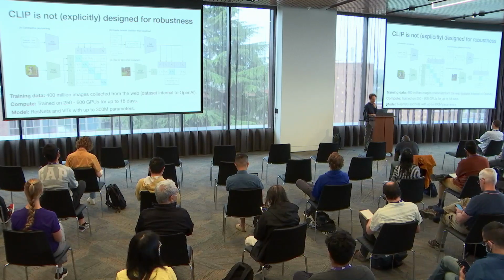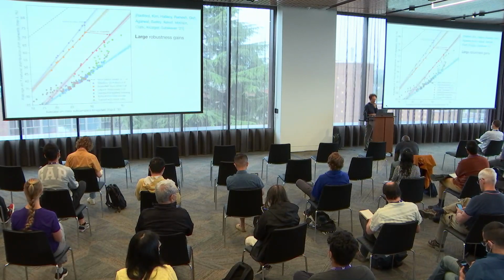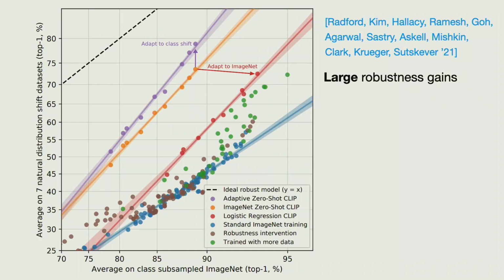No. Okay, good. So let's look at how the CLIP models behave when we put them into our scatter plots. This is again out of the CLIP paper. On the x-axis is Imagenet, and on the y-axis, averaged over 7 natural distribution shifts. The overall picture doesn't really change. The blue line is the baseline Imagenet trained models. The green points were the prior more data models. And then the orange line is CLIP and zero shot. If you look at this, it's obviously much better, right? We would like to be at y equals x, and it closes roughly half of the gap to y equals x. And there are many interesting questions coming out of this.